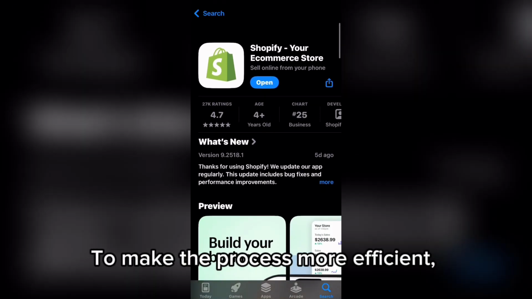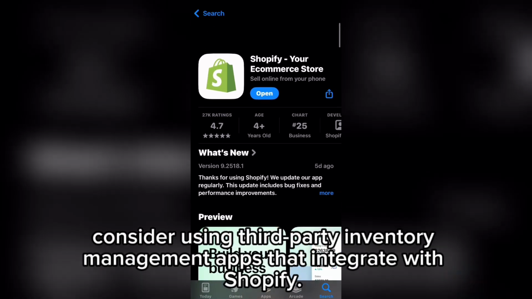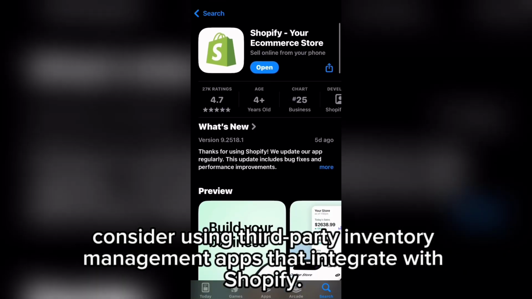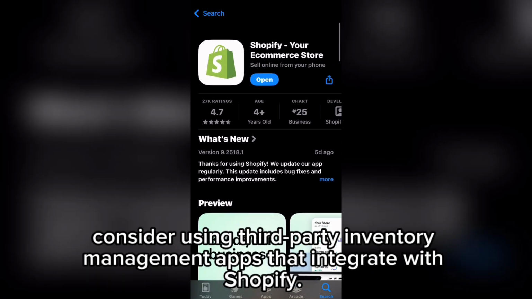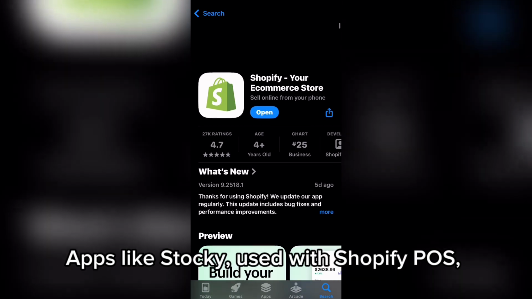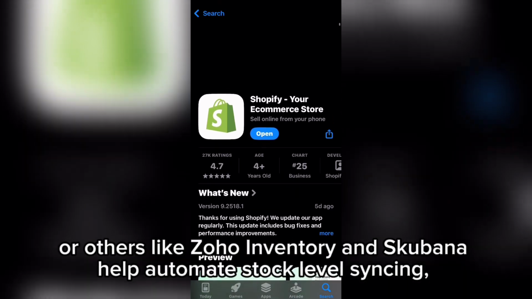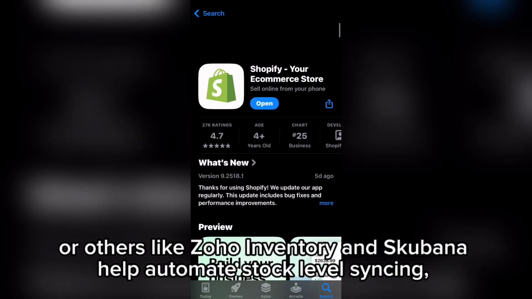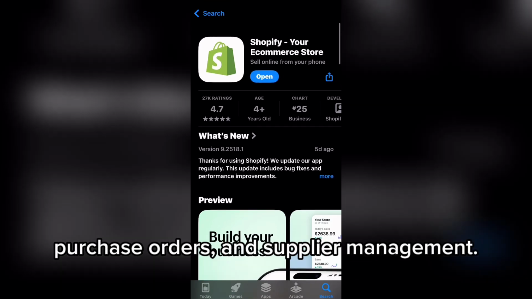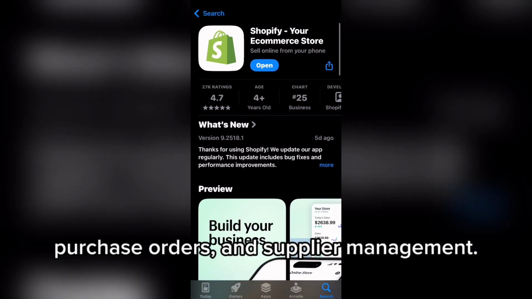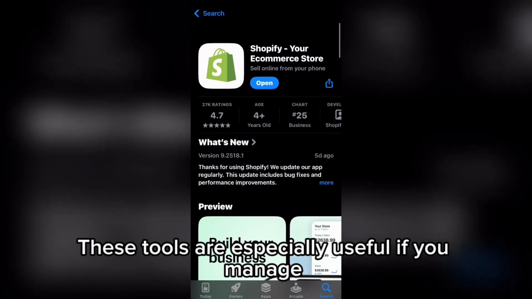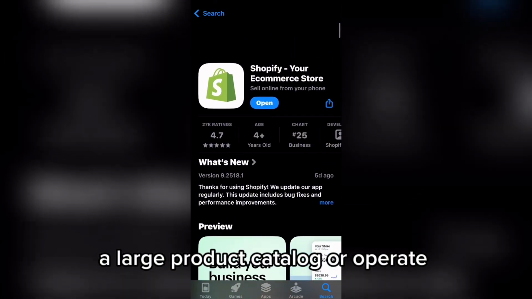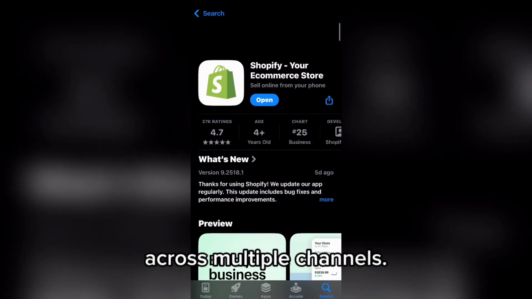To make the process more efficient, consider using third-party inventory management apps that integrate with Shopify. Apps like Stocky, used with Shopify POS, or others like Zoho Inventory and Skubana help automate stock level syncing, purchase orders, and supplier management. These tools are especially useful if you manage a large product catalog or operate across multiple